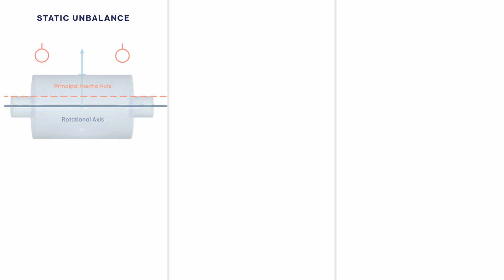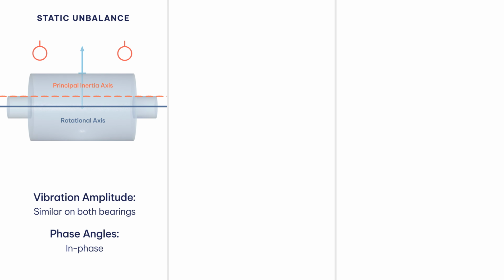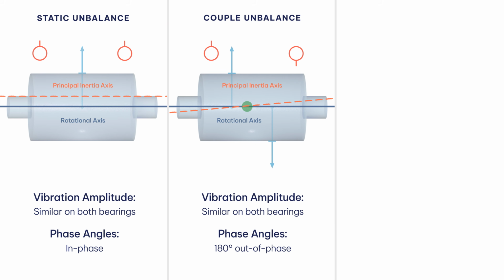In summary, static unbalance occurs when the imbalance is at the center of gravity. The vibration amplitude and phase angles will be similar across the machine. Couple unbalance occurs when the principal inertia axis is displaced from the rotational axis and the axes intersect at the center of gravity. The vibration amplitude will be similar on both bearings, but 180 degrees out of phase across the